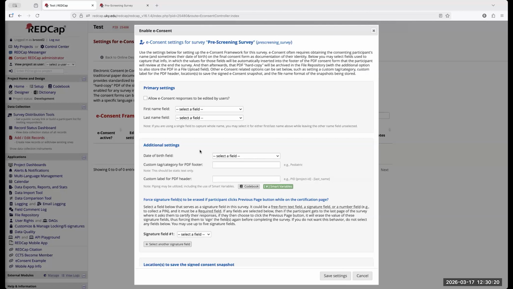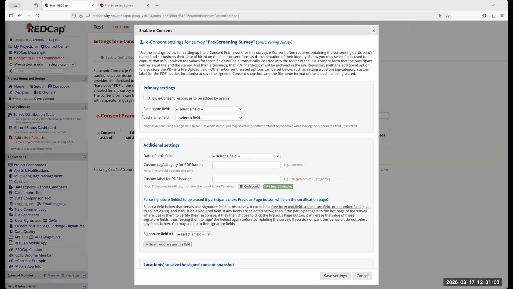So that may be a way of weeding out the people that won't be a good fit for your project. Maybe the next form is the e-consent. The e-consent can be anywhere within the project as long as it's before you're collecting all the PHI information. So it doesn't have to be the first one, and it doesn't have to be the second one. I've seen projects where there's an e-consent for a teenager. So the teenager fills out some information, maybe puts their parent's email address, and the e-consent is sent only to the parent. Again, you can have this as complicated or as simple as you want.